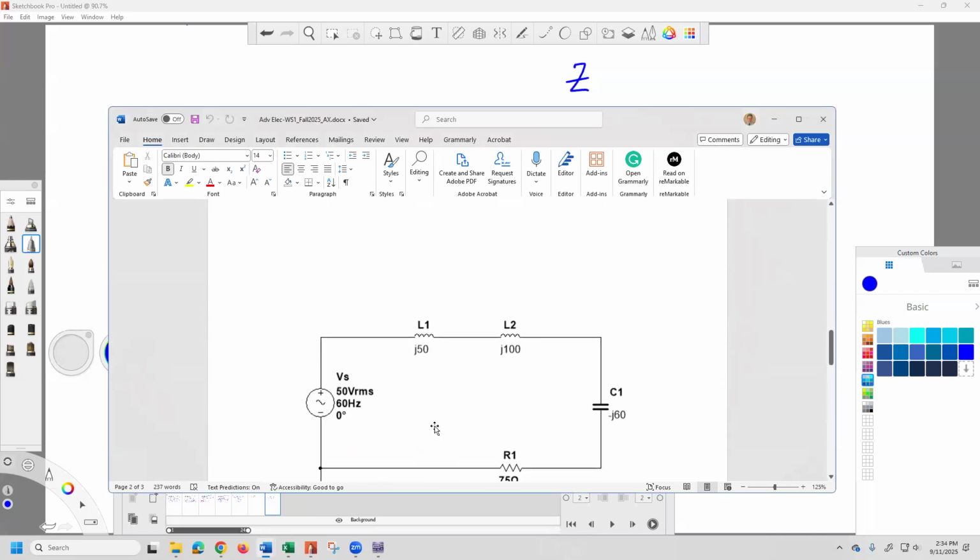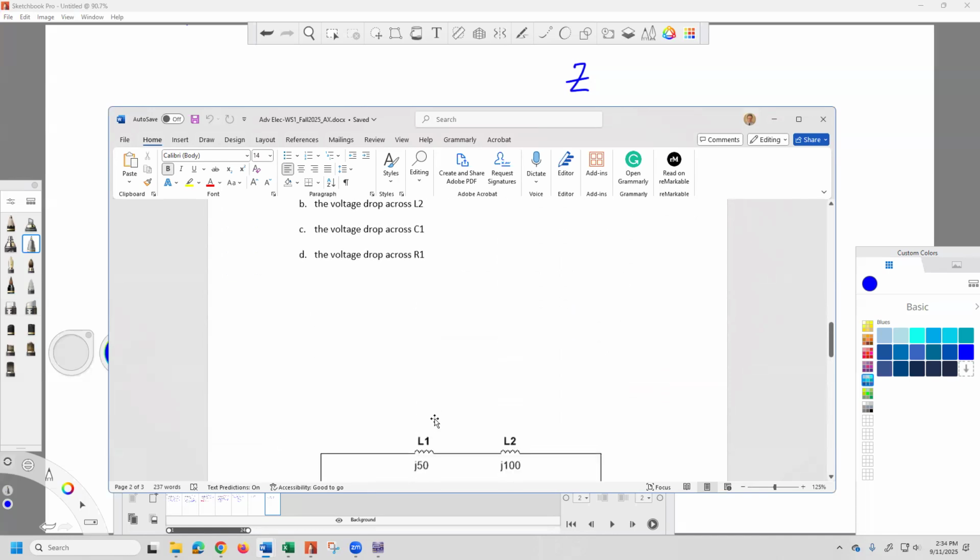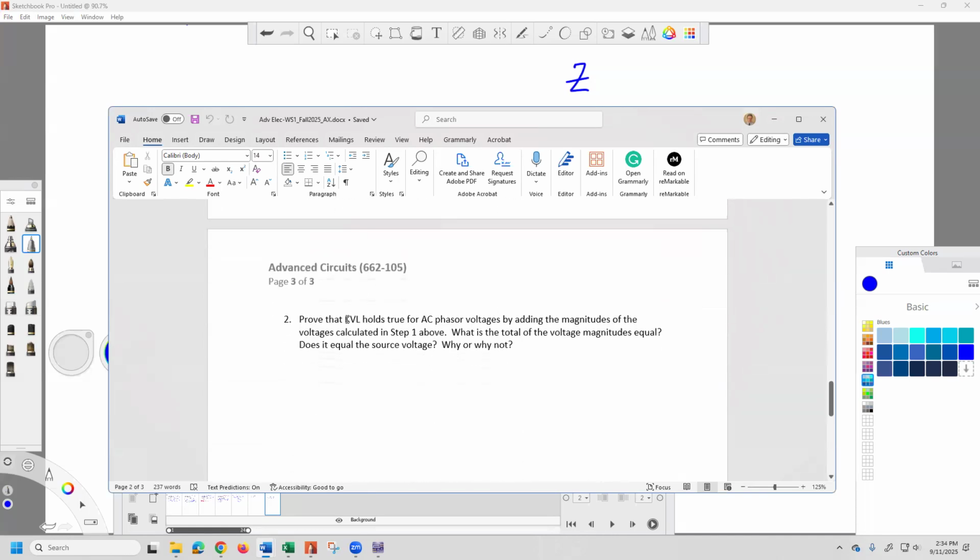So you see the first one, it says find the voltage drops. And then step 2, it says prove that KVL holds true for AC phasor voltage by adding the magnitudes of the voltages calculated. I should reword this. By adding the phasors of the voltages calculated, because you have to add the complex